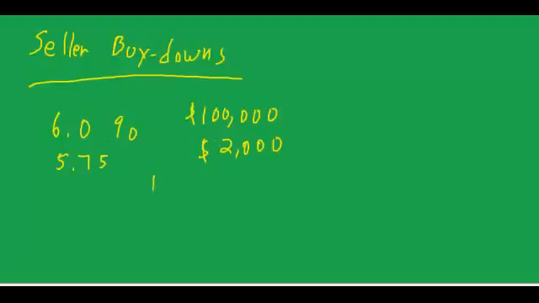Now the ratio between the reduction in the interest rate and the initial payment is known as the buy-down ratio, and we'll talk much later about how that gets computed. I've just put in 4. There's nothing magic about 4. It's actually a pretty complex calculation what that buy-down ratio will be. Okay, so what that means